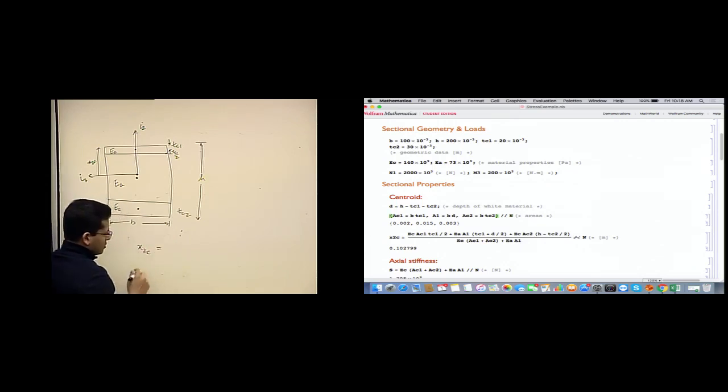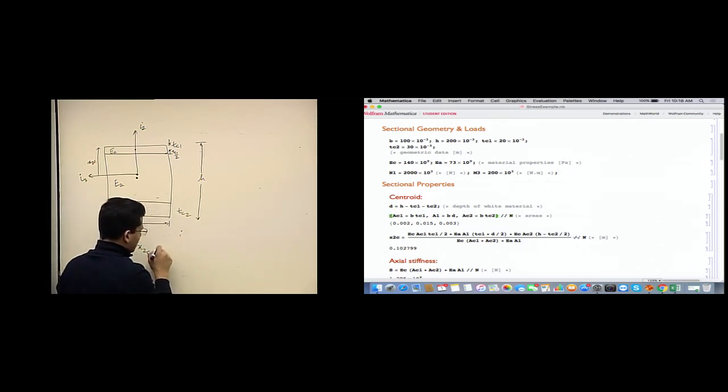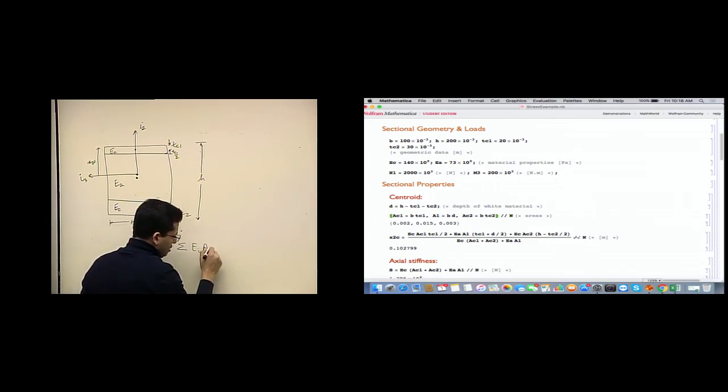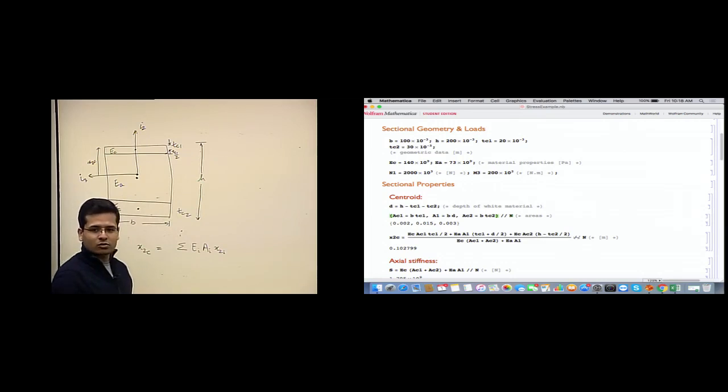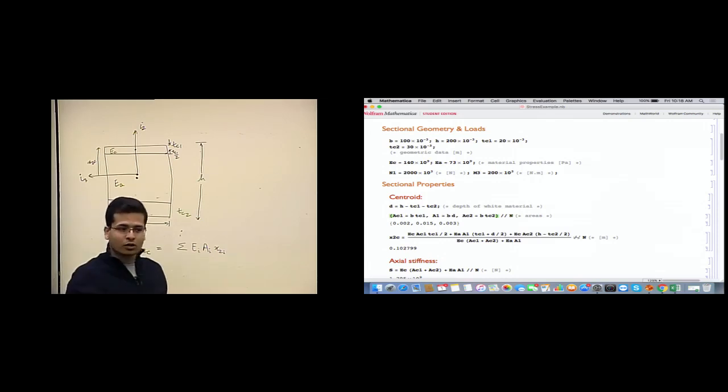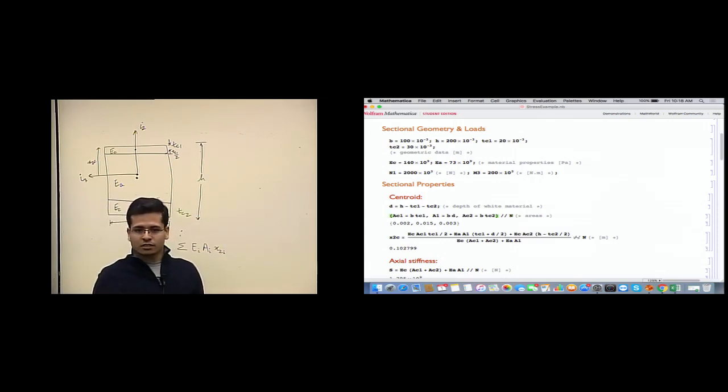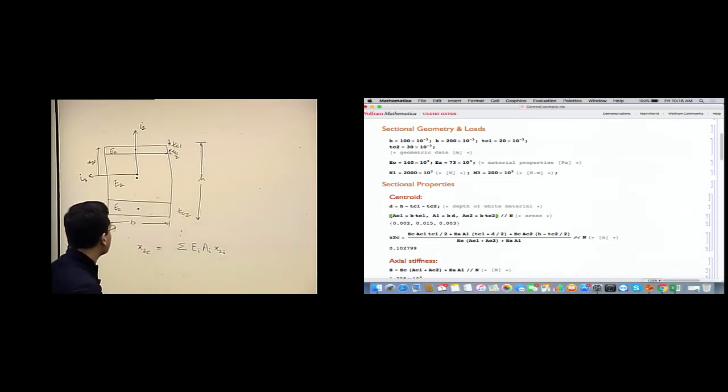x2c, the centroid, by summing up all the areas with their x2 values. But before doing that, we need to take a reference frame, right, from where we are trying to calculate the centroid. We will do all the calculations in the centroidal reference frame for the bending stiffnesses, but to get to that frame,